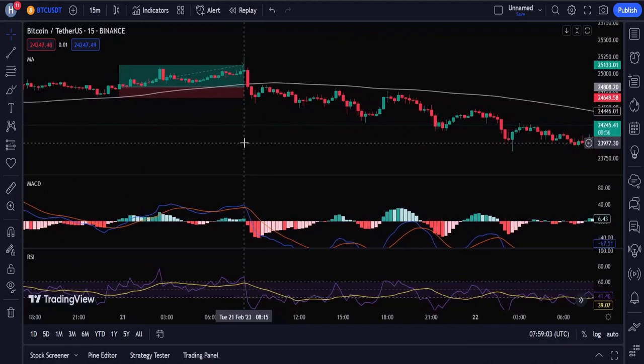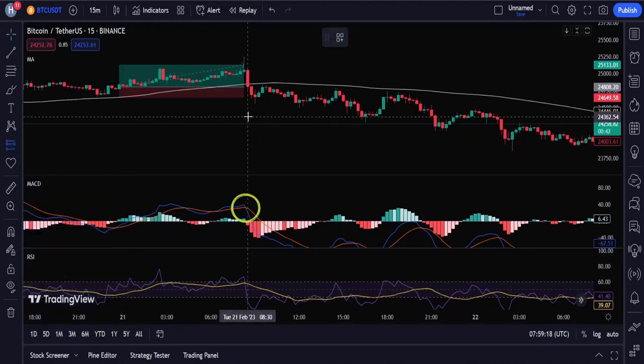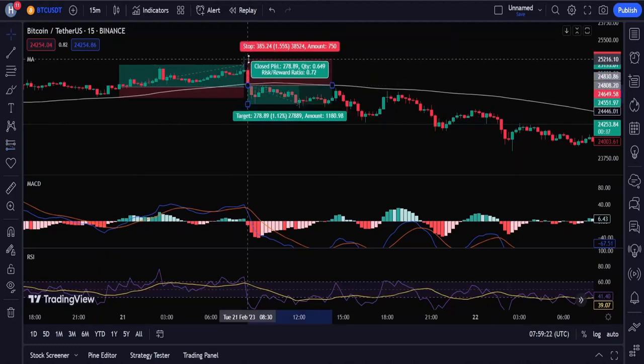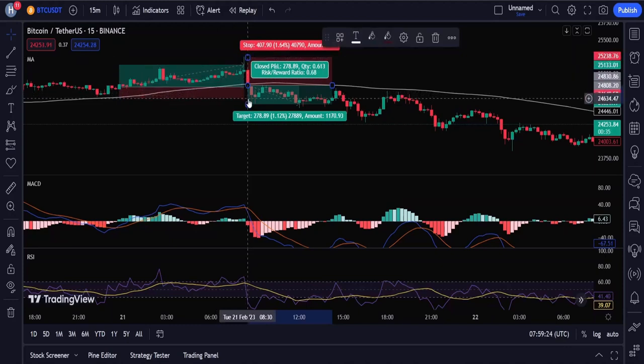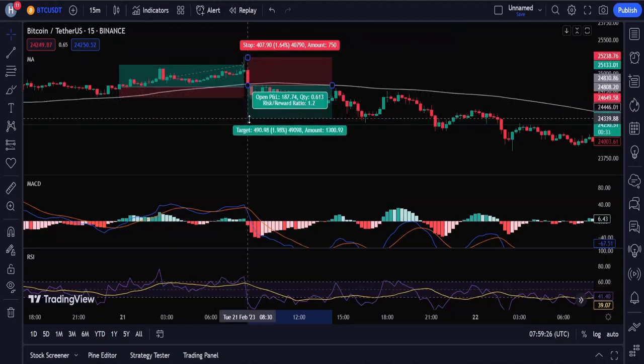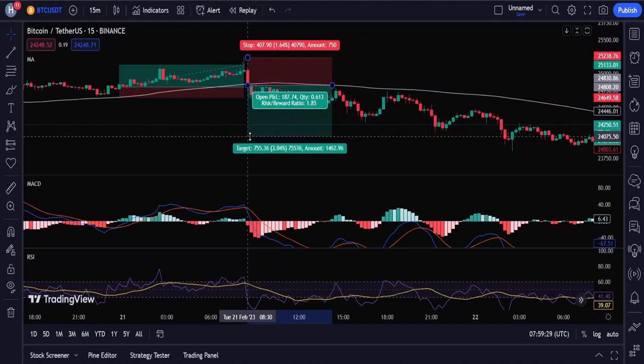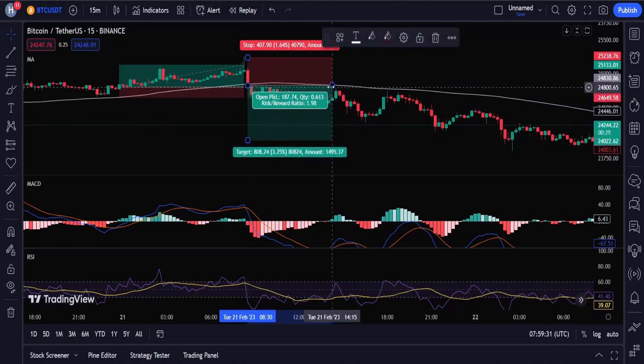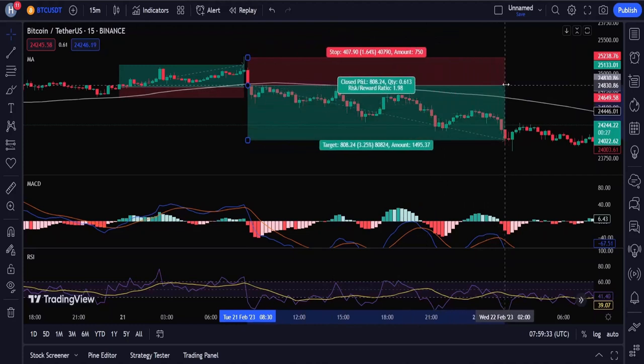For a short entry, all the rules are going to be the opposite. To begin with, wait until the price has retraced to its 100 moving average. Then take a quick look at the RSI. It must be overbought in case of a sell trade. The next step is to check to see if we got a MACD bearish cross, and it must be present above the zero level. Lastly, make sure the closing price is below the moving average at the time MACD gives a signal. Place a sell order, preferably at a bearish candle, and set the stop loss at the recent swing high. Then set your risk to reward ratio target 2 times,